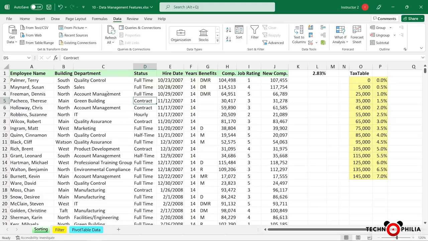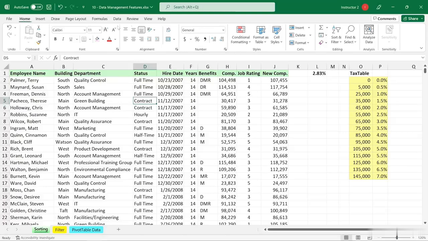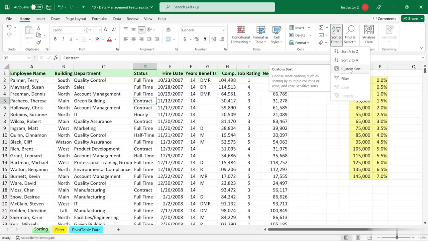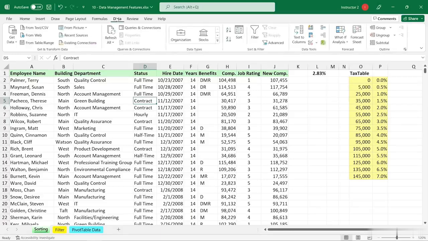And when we're ready to sort, we could begin on the Home tab. Way off to the right, you'll see Sort and Filter. Notice there are 3 choices here. I do recommend Custom Sort. It gives us more choices. The other ones are instantaneous and might surprise us at the results. We can also get here the more standard way by way of the Data tab, Sort right here, the larger